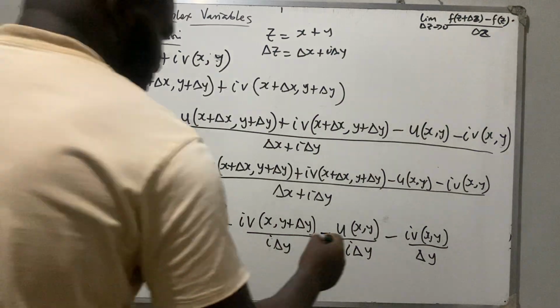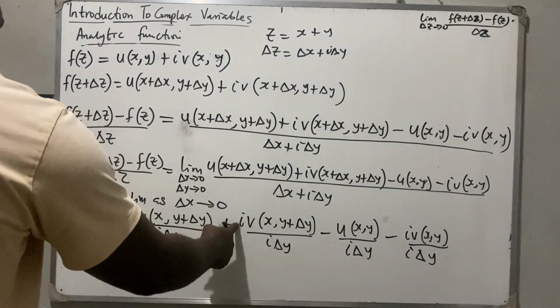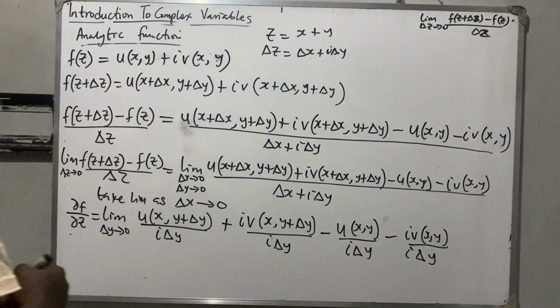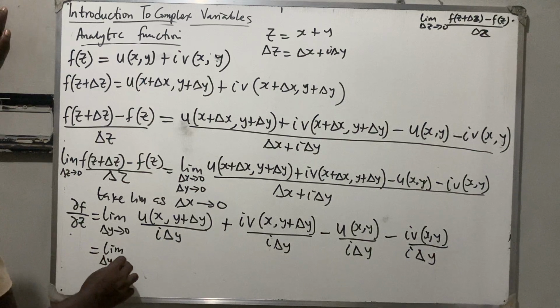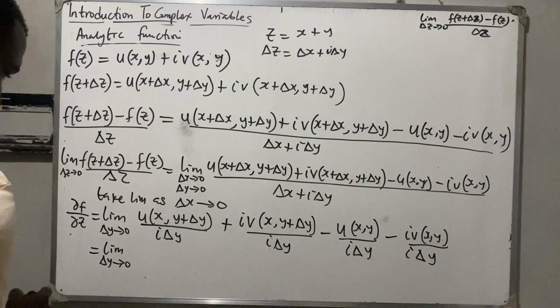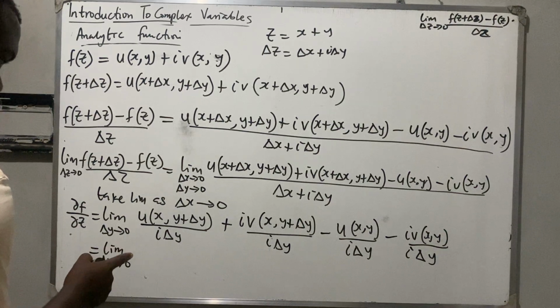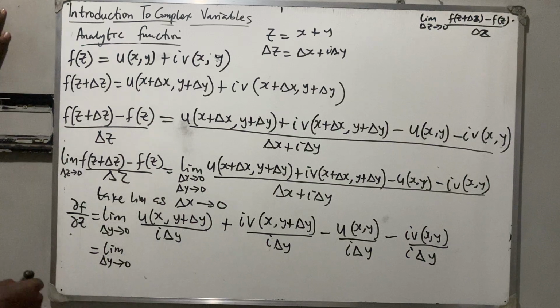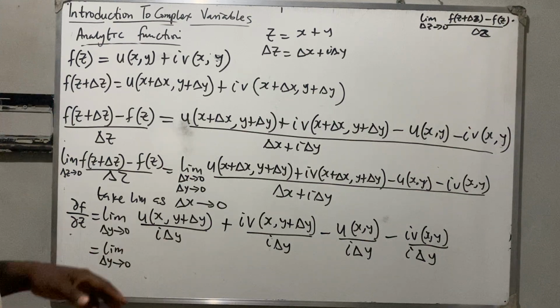Okay, there's i here. So i here is taking care of i here, and i here is taking care of i here. So I'm going to have that this thing is something as the limit as delta y tends to 0 of... what do we have? Okay, the limit of this. Then what do we have here? So we don't keep i at the denominator. So if I rationalize this, we're going to have